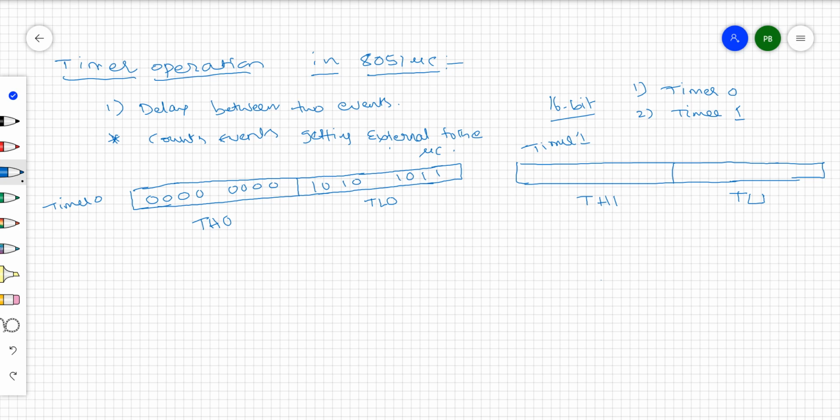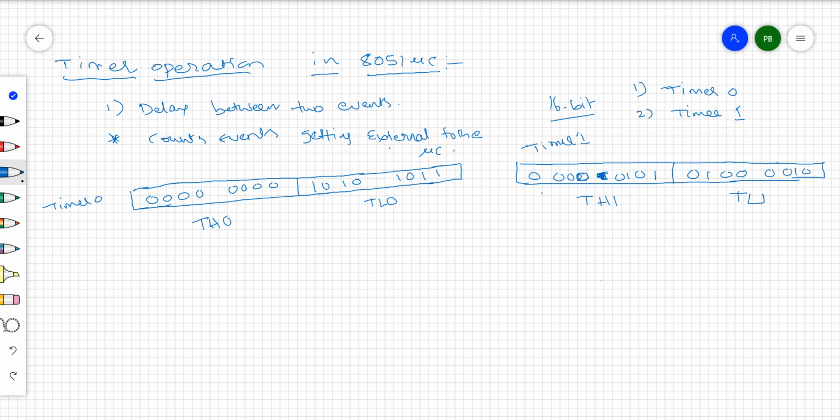So here you can store from all zeros up to all ones. In the similar way, here also you can store only binary data, right? Like 1 0 0 0 1 0 0, like that.